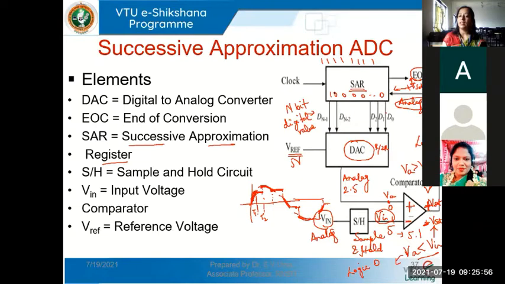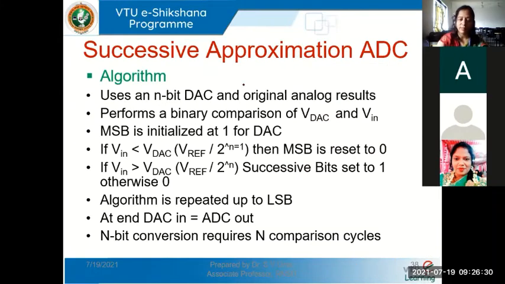Again, we will increase this in steps. I'll show you. It will go through multiple iterations till we deal with all the bits and till we complete. So we'll go on doing single bit changes in this SAR. You'll see this SAR output. First, I do the MSB bit, then the bit next to the MSB, then the third bit, then the fourth. So one by one, we will go on changing these values. Okay. So I'll show you how it is done.